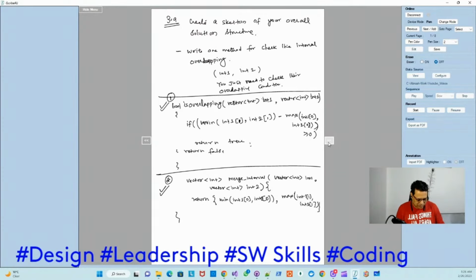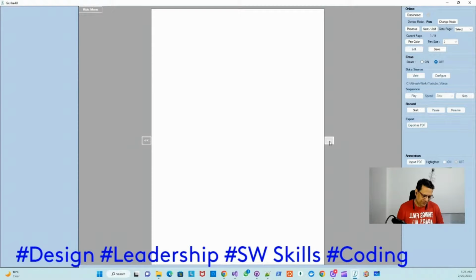Okay, so the second thing is this, and the third is very important, interval merging, right? Interval merging. Okay, so let's go back to another new page. So okay, now interval merging, yeah. So the third interface is